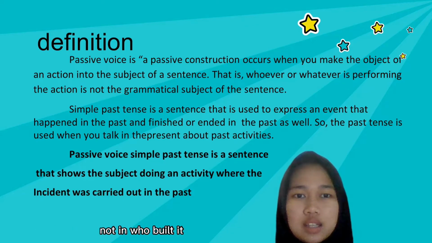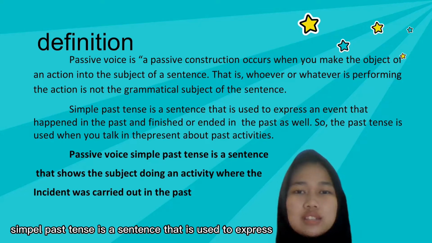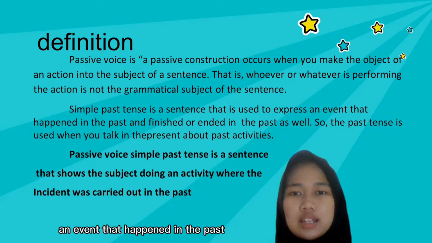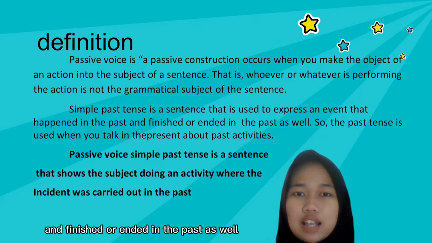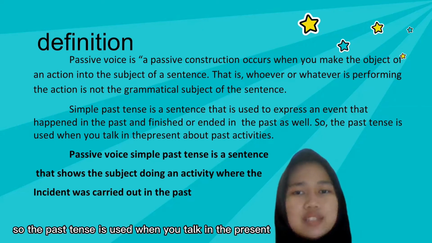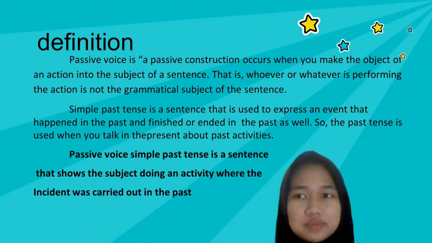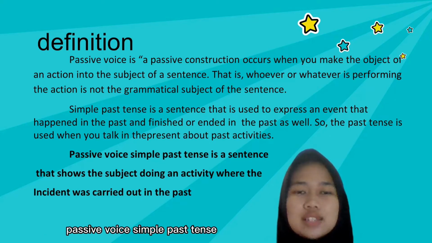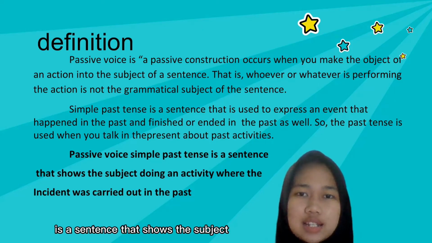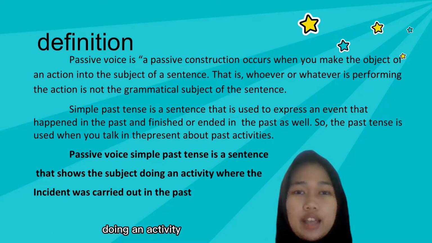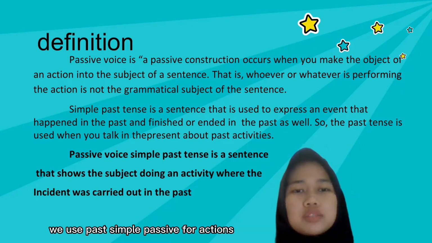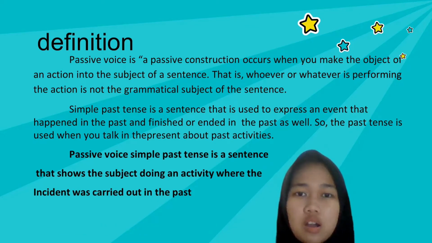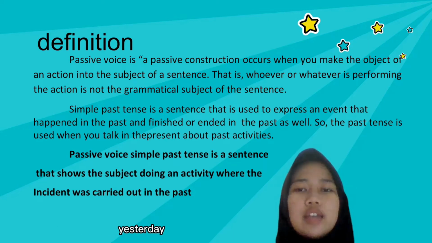it. Simple past tense is a sentence that is used to express an event that happened in the past and finished or ended in the past as well. So the past tense is used when you talk in the present about past activities. Passive voice simple past tense is a sentence that shows the subject doing an activity where the incident was carried out in the past. We use past simple passive for actions or events that happened in the past like yesterday,